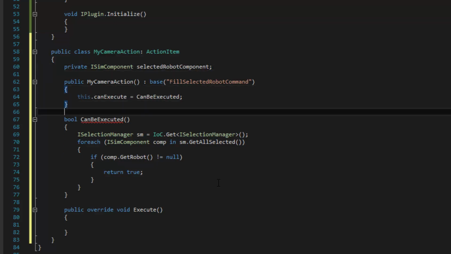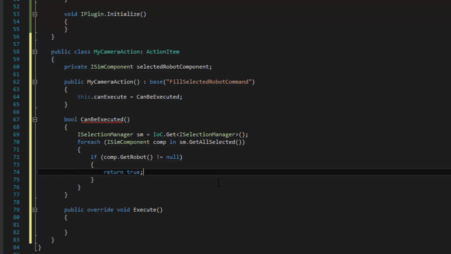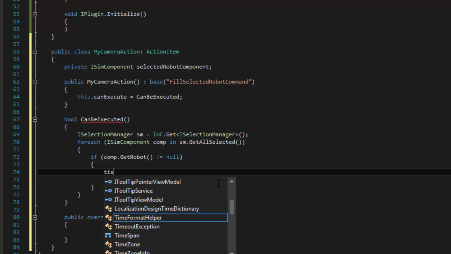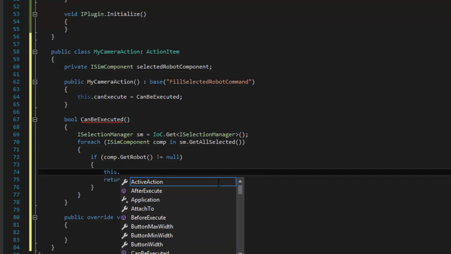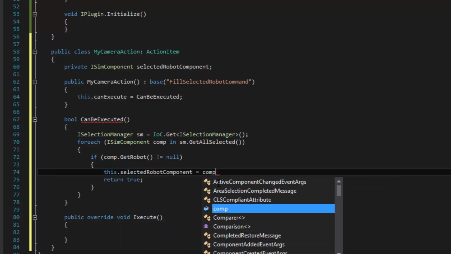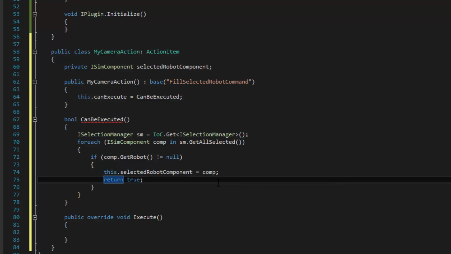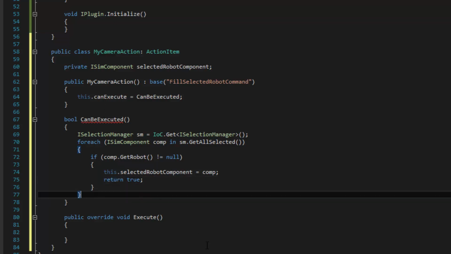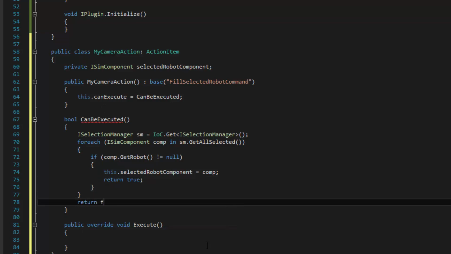And then we'll go down to our CanBeExecuted function here and assign that value to that variable. So selectedRobotComponent equals that component. And notice in our foreach loop, once we have a robot selected, we're then going to return true. So this will end, and then the function will just end as well. But if nothing that we have selected is a robot, we want to return a false value.